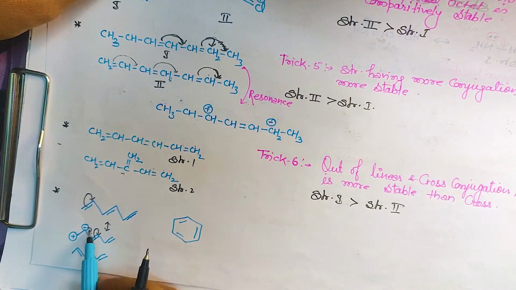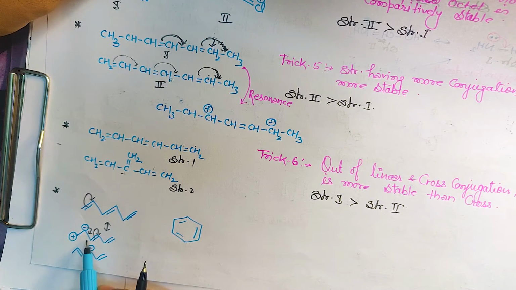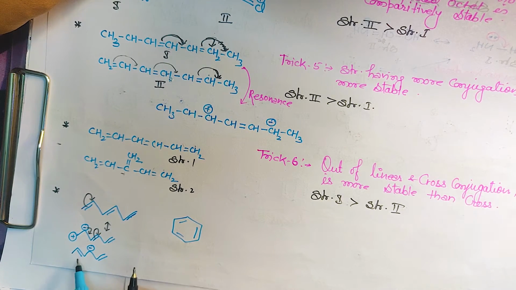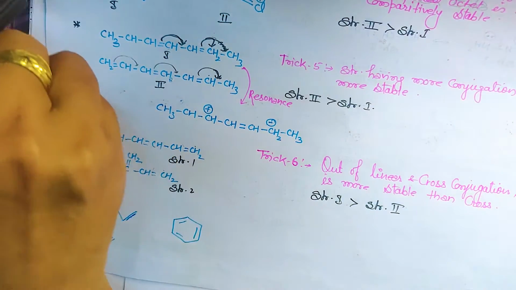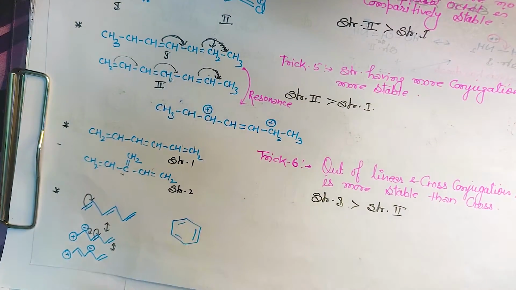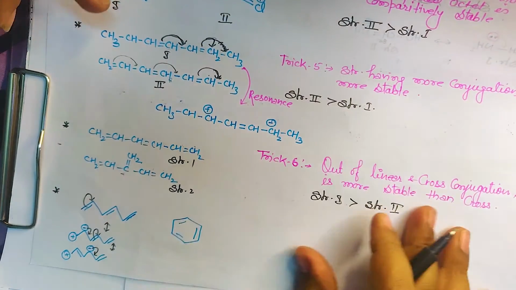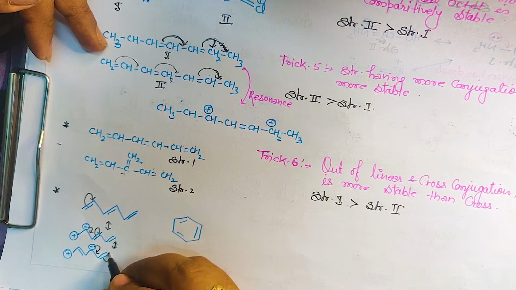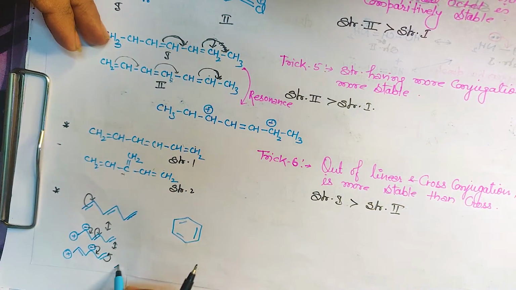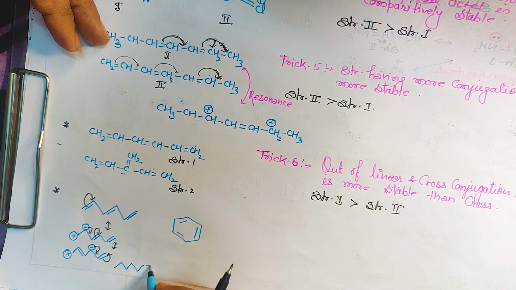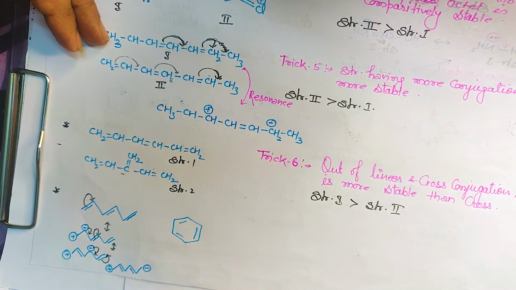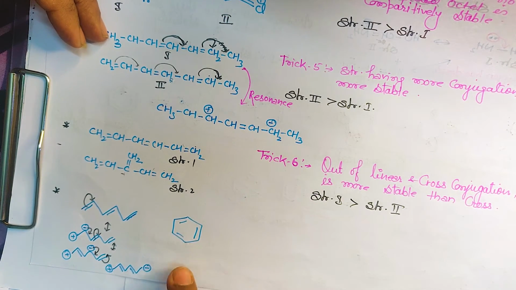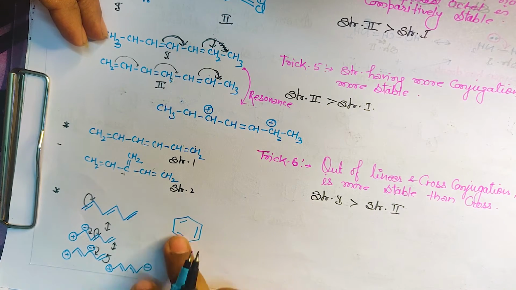Yes, this one will shift here. This will shift over here, so it will make the double bond over here and a plus charge over here. Clear? In the next case, what will happen? Again, this negative charge will shift over here, and this bond will shift over this carbon. So finally, it will result in this minus over here, a double bond here, and a double bond here, and this is a plus charge. So conjugation is there. Here also conjugation is there. We have done it yesterday. Yes, isn't it?